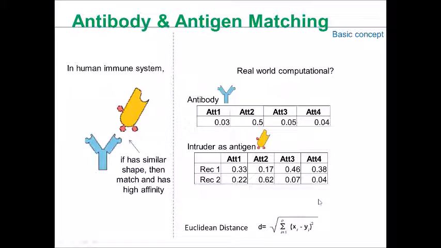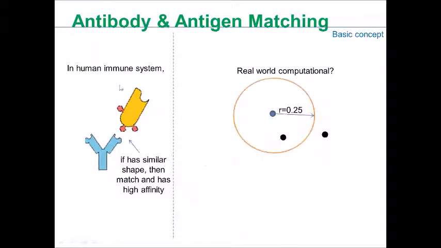If the distance is close between each other, then they are similar, meaning that the antigen and the lymphocyte cell, the B cell, are matched. Same like this: let's say this is the B cell, the lymphocyte cell, and this is the intruder. If they are within the acceptable radius, then it means this antibody can recognize and kill this